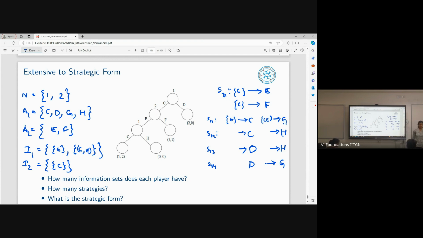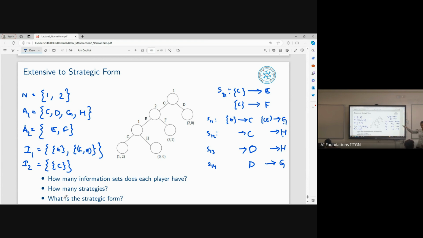Cardinality for player one will be correct. Cardinality of, no, that's not the right way of saying it, but outcomes you can say. Distinct outcomes. The distinct outcome that is possible for player 2 is only 3. Player 1 is only. So the strategies essentially are trying to say what are the different possible actions that player 1 can choose at different stages of where it has to take an action. So that's how strategies are defined.